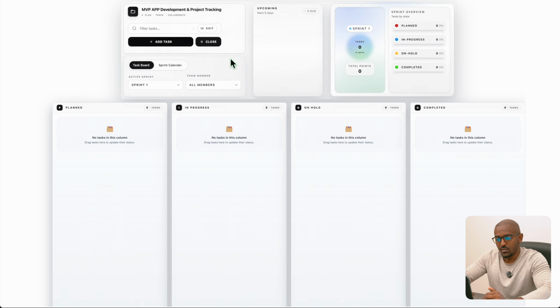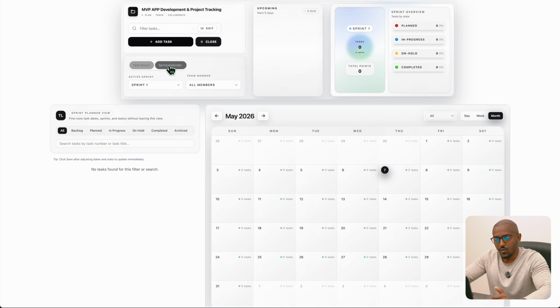So if you click on detail, it's very straightforward. It shows you what sprint you're on. You also have team members that are currently within this workspace, and you can filter by team members and look at what tasks they're working on as well. You can filter by sprints, and if you create